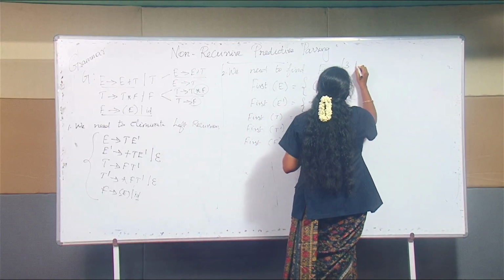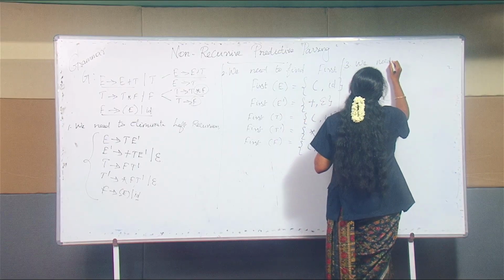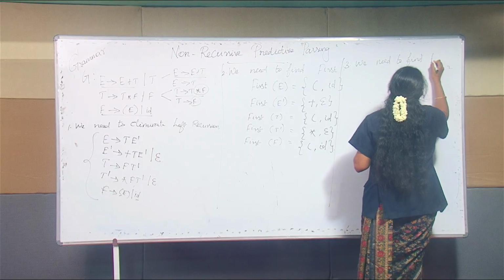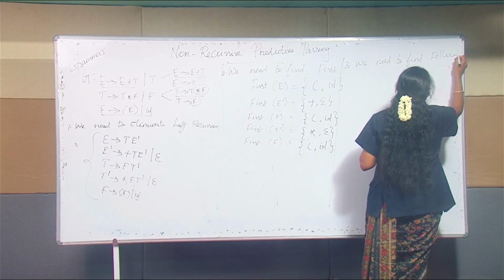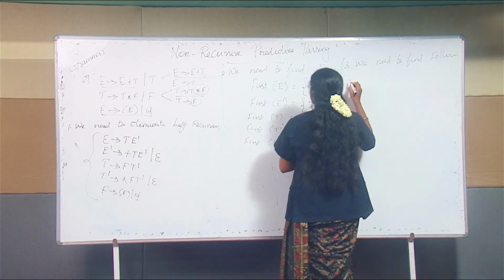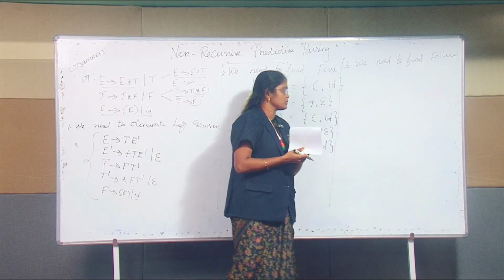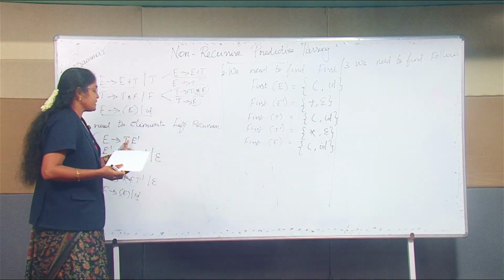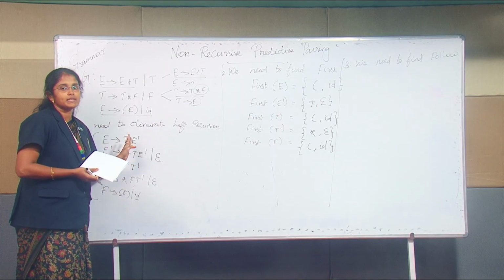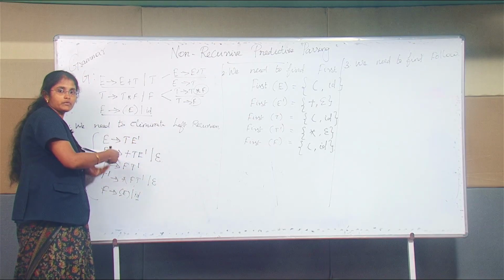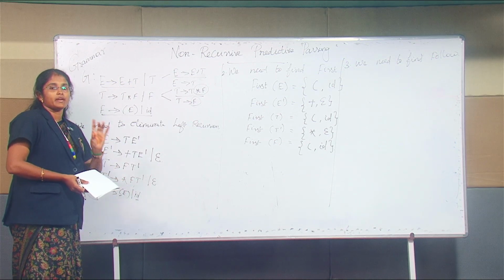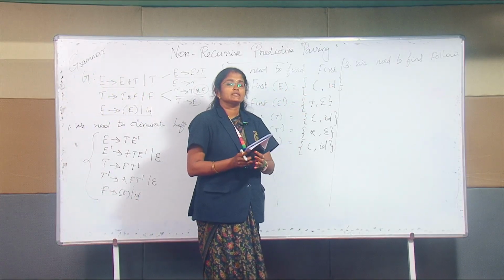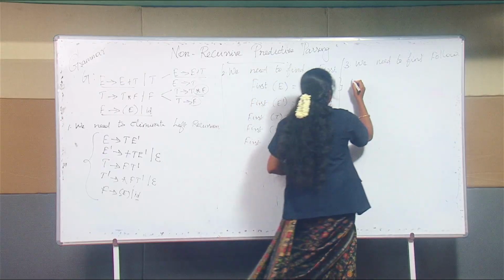The next step is we need to find the follow for all the non-terminals. For finding the first, we had some rules: if the first element of any grammar production is a non-terminal, then we have to shift to it, and until we find a terminal element, we have to keep moving. Then for finding follow, we have a set of 3 rules. The first one is the follow